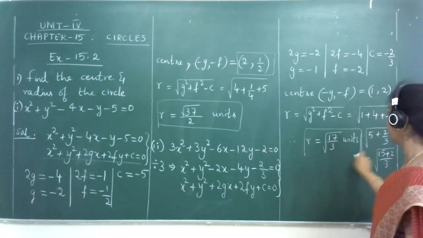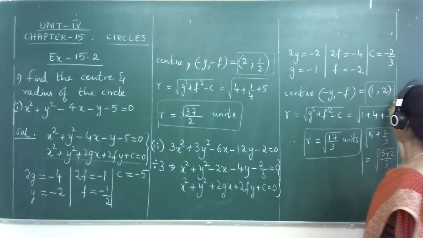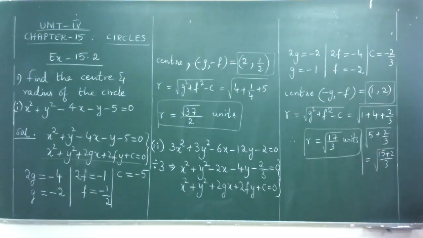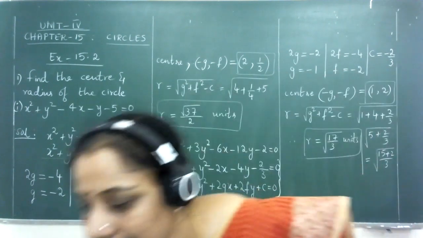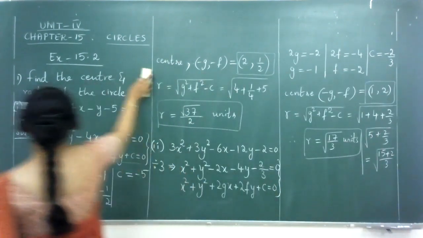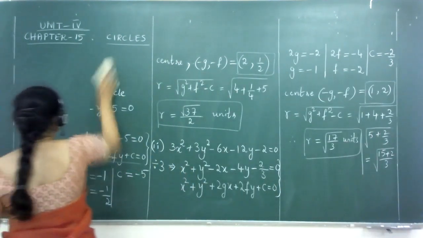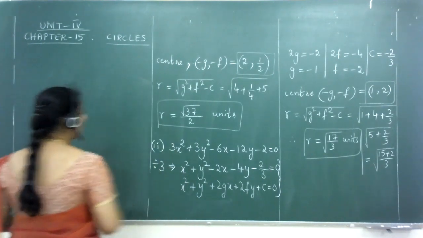This shall be retained as it is. You don't have to convert this into decimals. So without actual construction, using a simple second degree algebraic formula, we are supposed to find out the coordinates of the center of the circle, and we also have a measure of the radius of the given circle. Continuing ahead, we have a different question now.